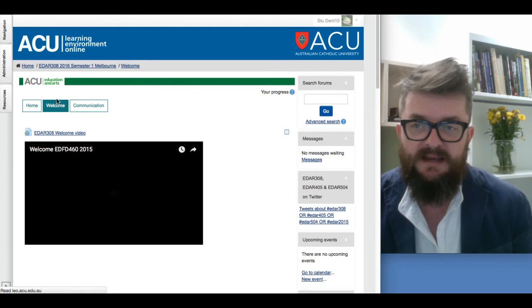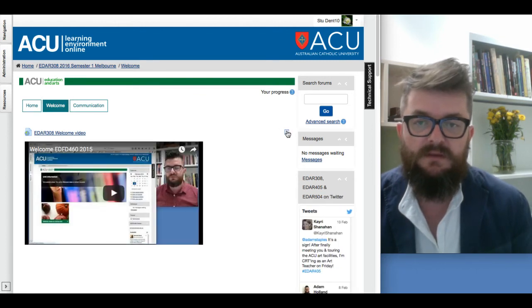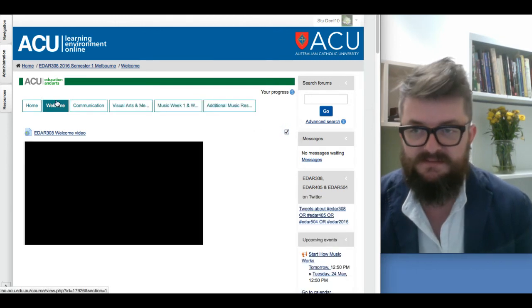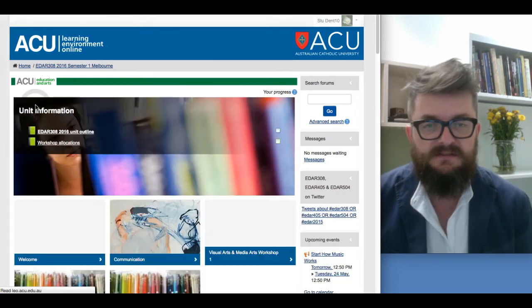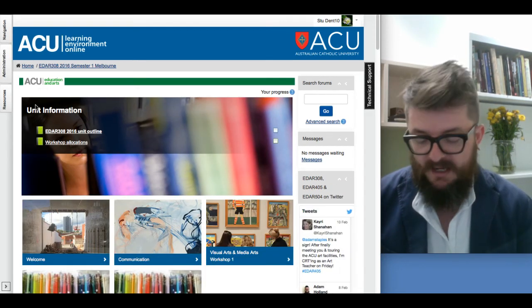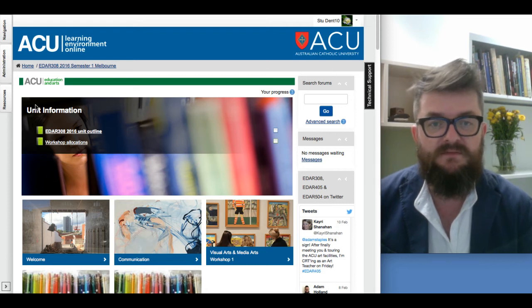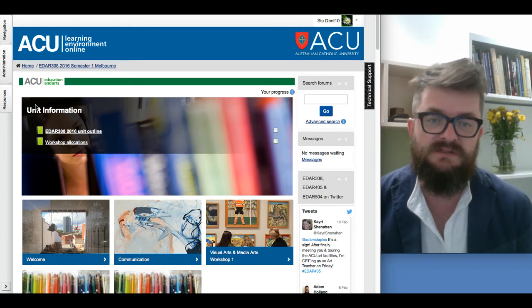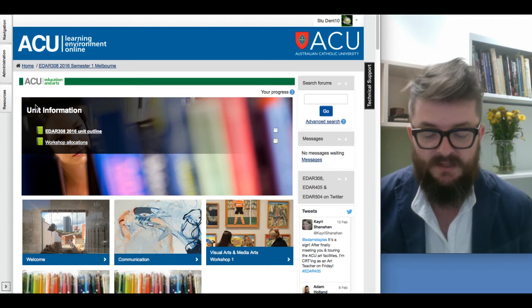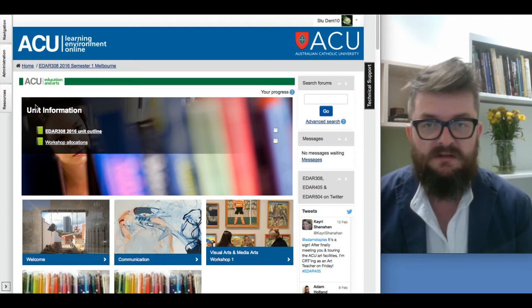Okay, just to explain how the unit actually works so that it makes sense to you. The unit is 12 weeks long, and you'll do 6 weeks of visual arts and media arts, and you'll do 6 weeks of music, dance and drama. So once the unit starts on Monday the 29th of February,